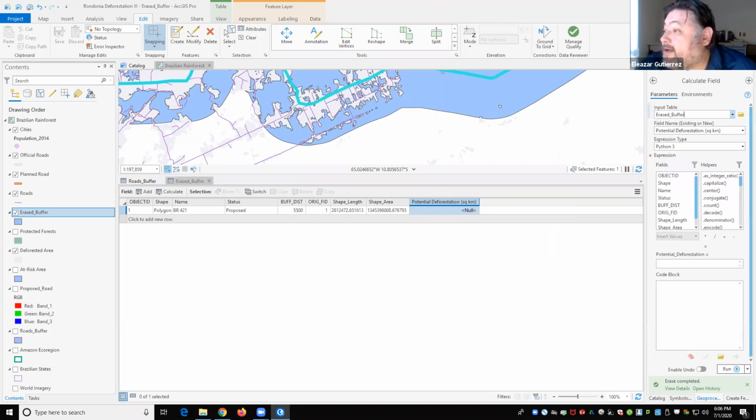To find the potential deforestation, you'll multiply the field area by the percentage of the deforested area that you found earlier. You'll also convert the area currently in square meters to square kilometers, a unit more appropriate for the vast area you're describing. So in the calculate field pane, for potential deforestation, create an expression. So we're going to go shape area,